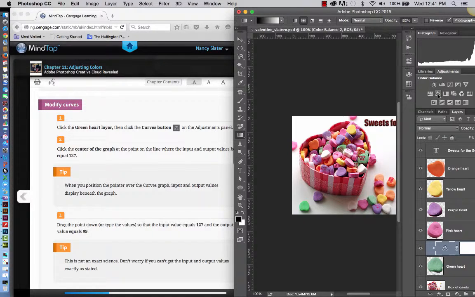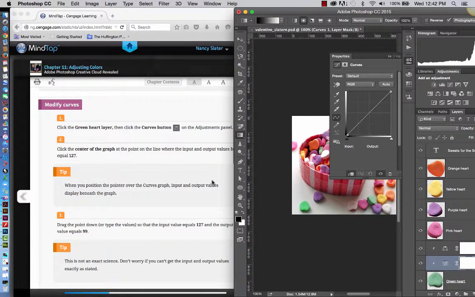So if you look, this is the color balance that we just used, and we want the curves, which is right up here, and this is the appropriate icon that you should check. So if you read, you're fine, but if you look at the little symbols, you might have had issues. So we want to make sure that we have the green heart layer clicked, and then we're going to go up here and go to the Curves button,